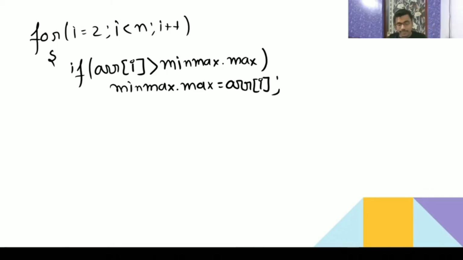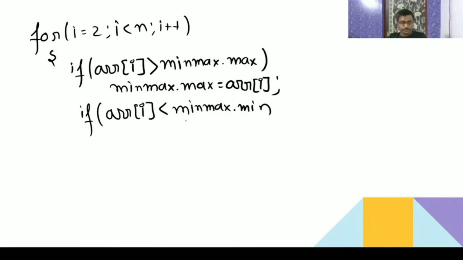And similarly, we will check whether array of i is smaller than the minimum value. If it is smaller than min, then your new min is going to be array of i.